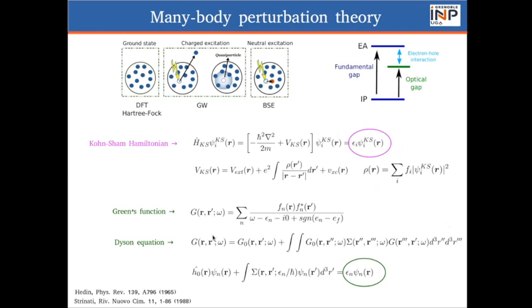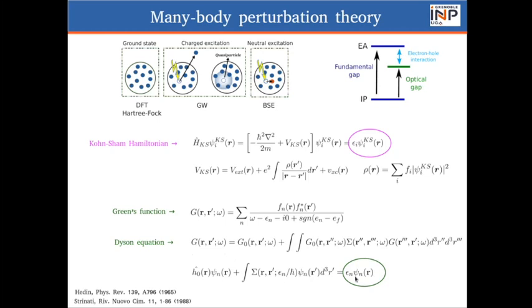We start from the one-particle time-ordered Green's function here in energy representation that fulfills the Dyson equation, where G0 is the Green's function for the independent particle phase with the associated Hamiltonian H0. And this is the eigenvalue problem, the quasi-particle